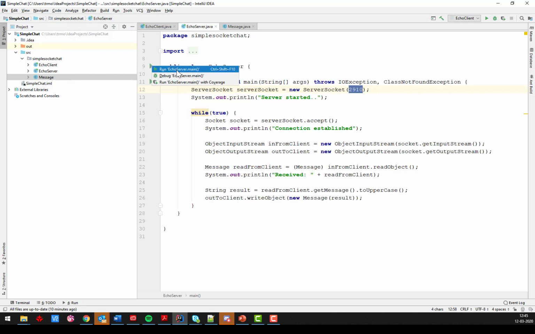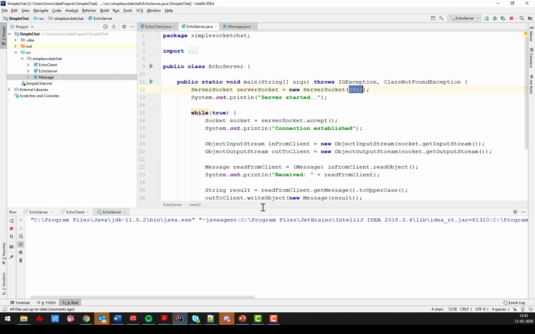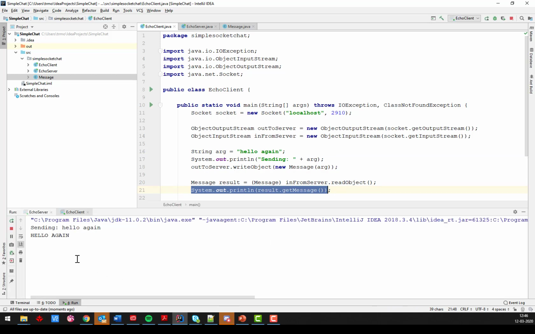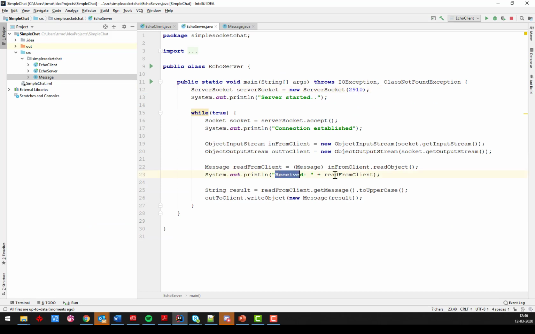Let me just run everything. I run the server here, and the server is started. Close this, and we start the client, and that should just send hello again, and then print out the result when we get that back from the server. And we're sending hello again, and we get an uppercase result back, and on the server, I got the connection established, and well, I'm printing out, so you see here,